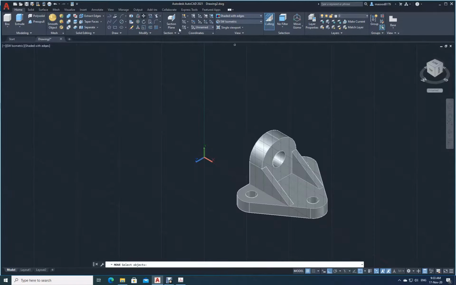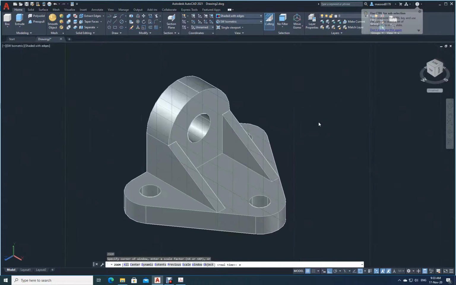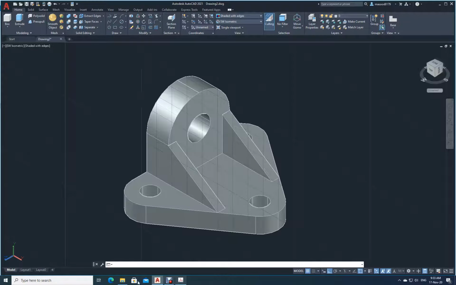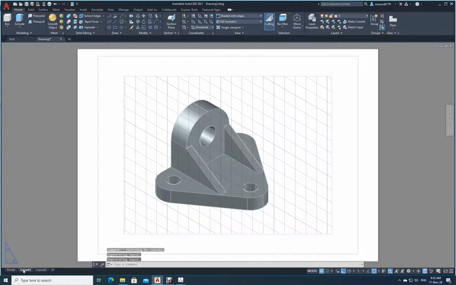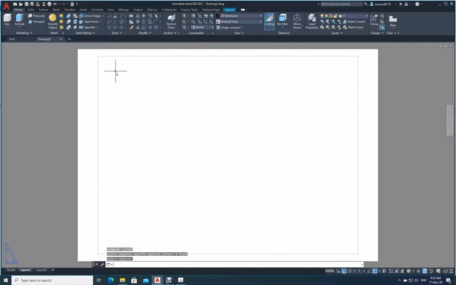Delete it. Even delete this portion. Okay. Now move your object. See, there is nothing left. Now enter Z, enter E, enter. So your object is completely ready. Now I will see here, it's almost exactly looking like this, is it not? So now what I will do now, I will just go to layout view. You will see in the viewport this thing, whatever you see it. Just delete the whole thing. Select everything, just delete it. It is completely blank now.